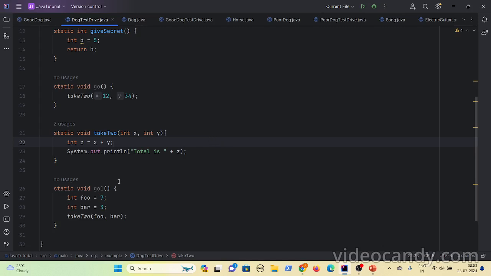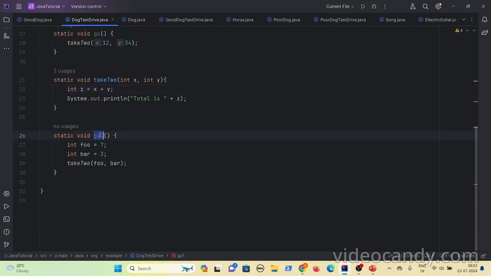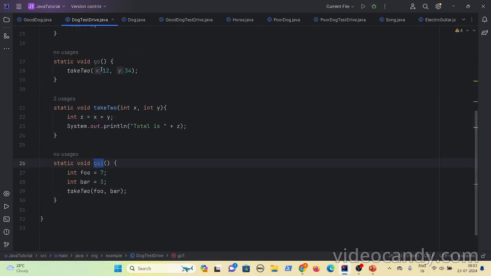Okay, and here inside the go method, it is also invoking the take two method by passing two values. But the way it is passing the values is different. Here it is passing 12 comma 34 directly, but here it has set 7 and 3 inside two integer variables, and it is passing those variables.